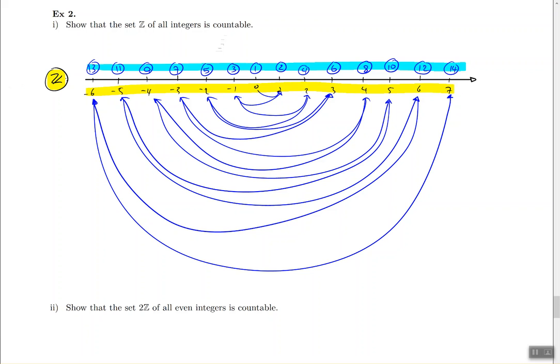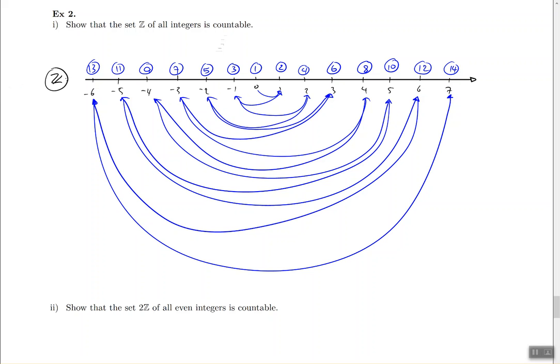So in other terms, what I'm doing is basically building a one-to-one correspondence from the set of integers to the set of positive integers. And so that means that the two sets have to be equal in size. That's what it means to be countable. Okay. Now, obviously, this is kind of complicated and weird, and you're not expected to be able to do this.